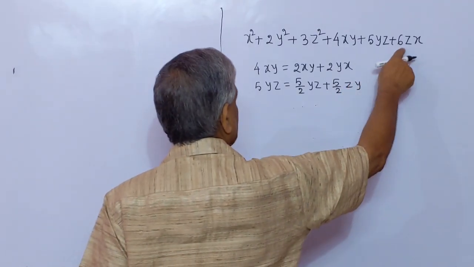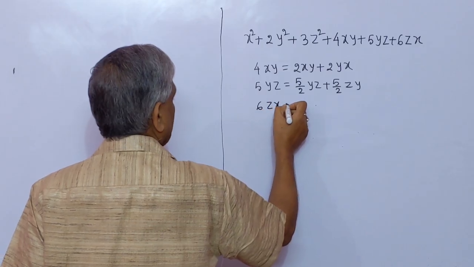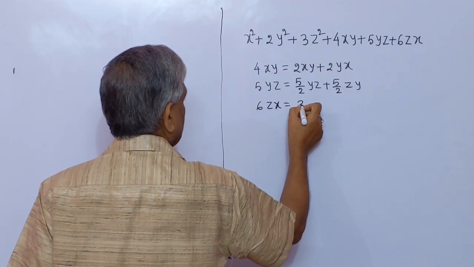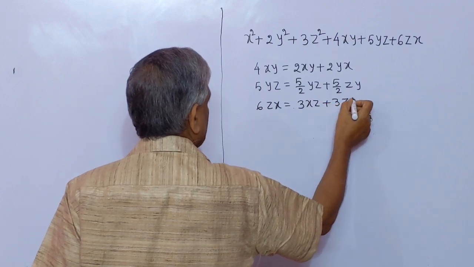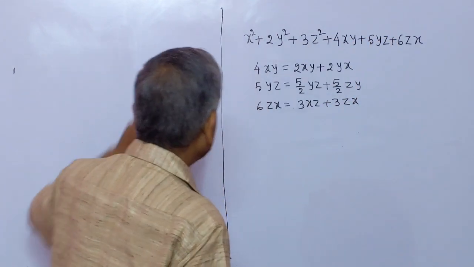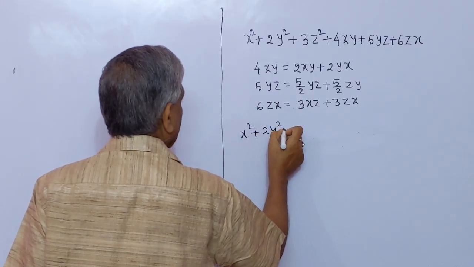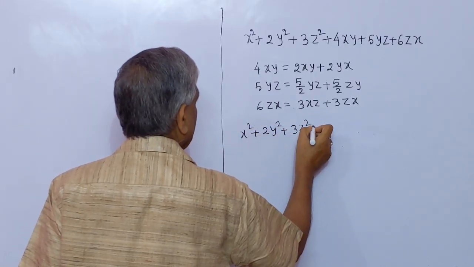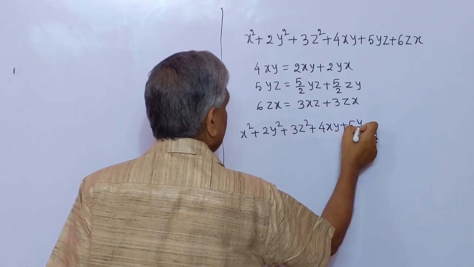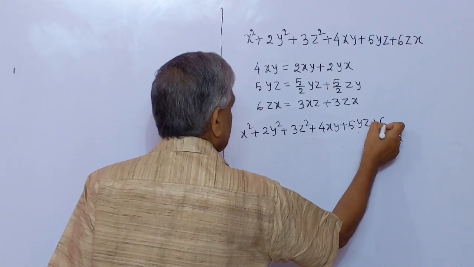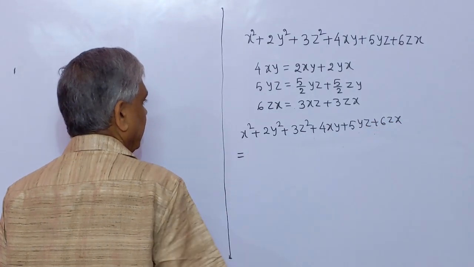Similarly, here we see 6zx. We may write this as 3xz plus 3zx. And we write this x square plus 2y square plus 3z square plus 4xy plus 5yz plus 6zx equal to. Now we write this as,